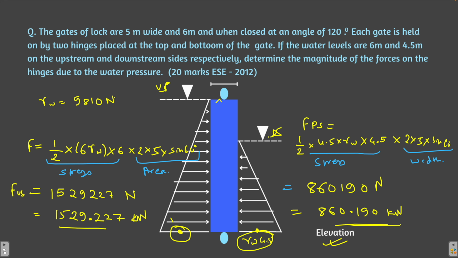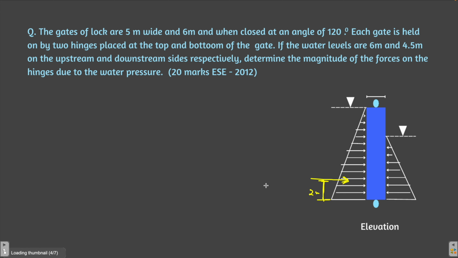What is that force? 1529.227. Let me write it down here. 1529.227 kilonewton. And similarly, the force on the downstream side will act at a distance of 1.5 meters from the base,